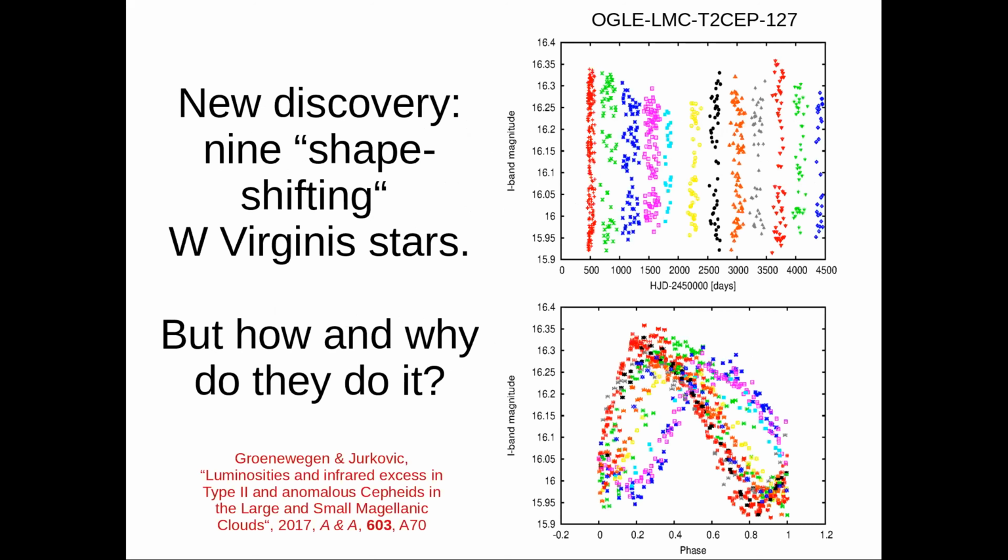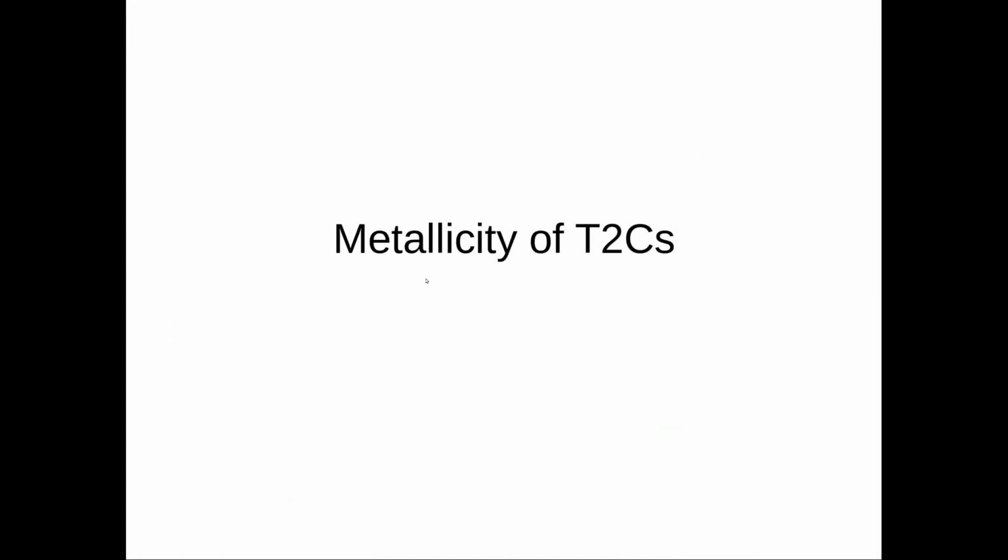What I have found, for example, what is very interesting, is this phenomenon I called shapeshifting. If you look at the phase light curve, you can see that these colors code different stages in the pulsation of the star, and as you can see, it actually changes its shape. It cannot be called a Blazhko effect because the Blazhko effect should not be present in stars with periods of around 15 to 20 days. So it's something different. That's why I called it shapeshifters.